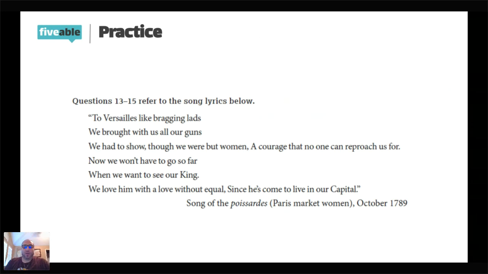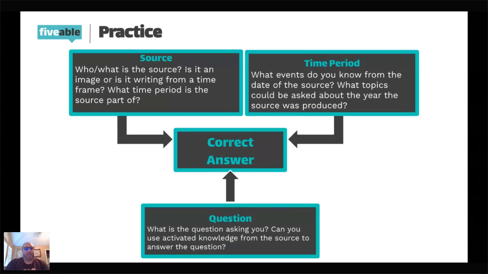So when we do this, there's three things you need to look at to get the correct answer. The first is the source. Where is it coming from? Who is it coming from? Is it an image or is it writing? Because that's going to make a big difference. If it's something from an early time period, if it's a writing, we expect it to be from only specific types of people. Not everybody knew how to read and write. If it's an image and it's like a painting or it's a wood carving, again, how are they going to have that made? We're going to be looking at who is going to commission it. So the source is very, very important in understanding what they're going to ask you.